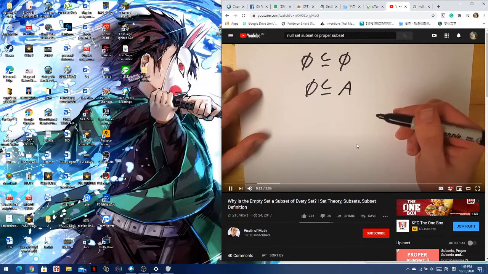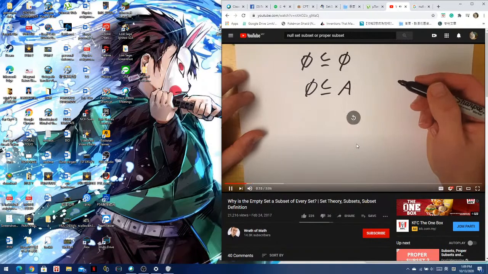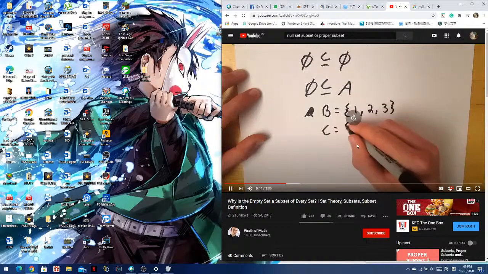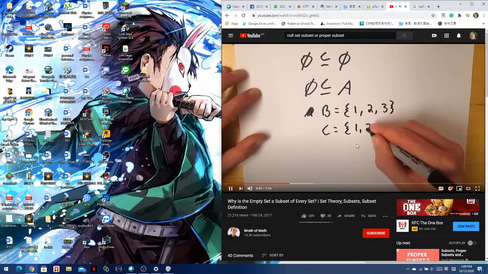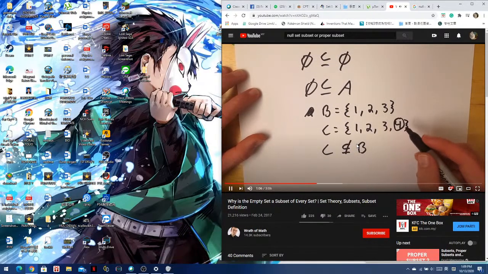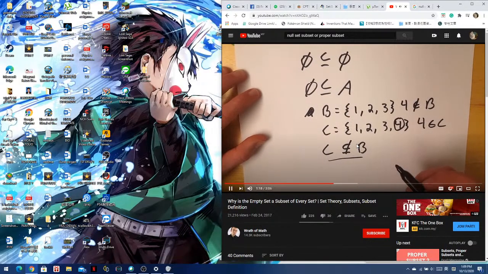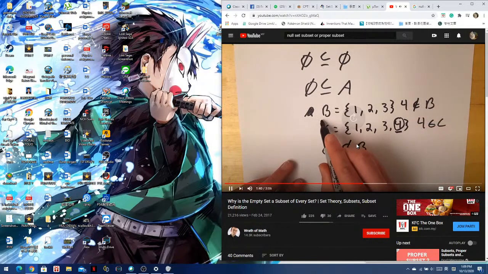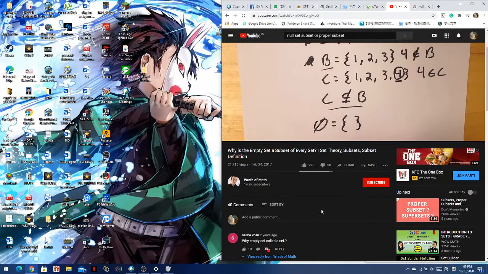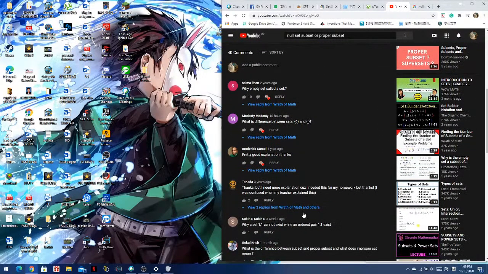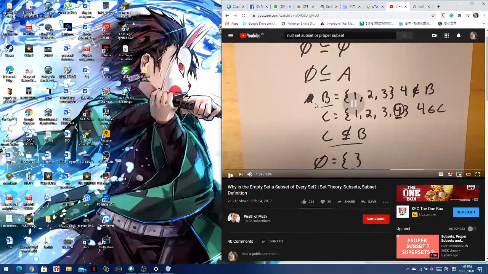Why is that? Well, the empty set is always a subset of any set. Take set A, which contains 1, 2, 3, and 4. And that's the more important part. To show that a set is not a subset of another set, identify an element that it has that is not in the other set. Is there such a case that would disqualify the empty set from being a subset of any other set? Well, of course not. It doesn't have any elements in it. So of course